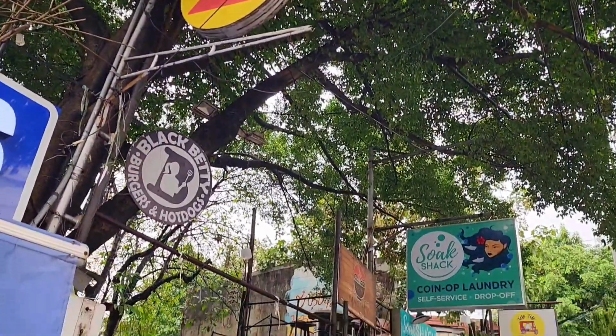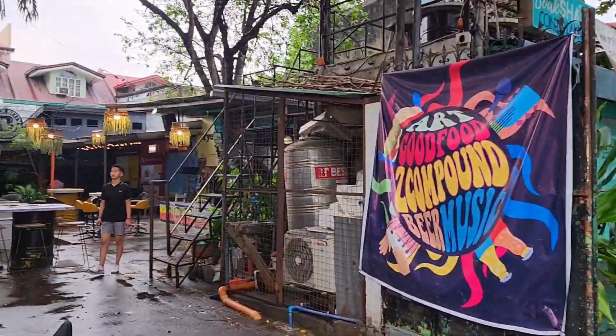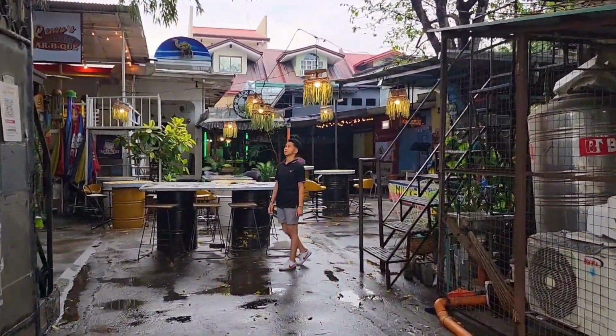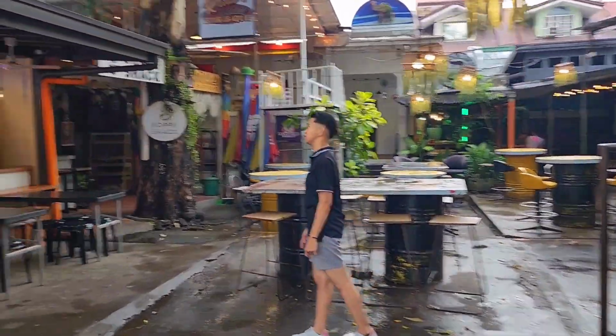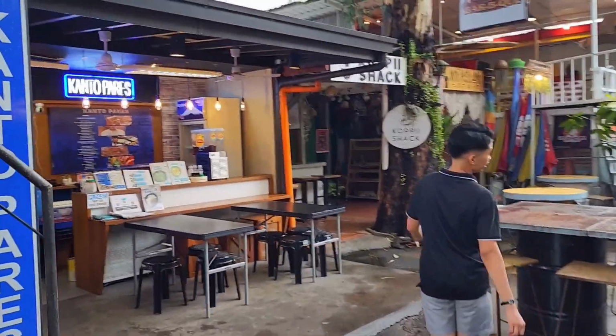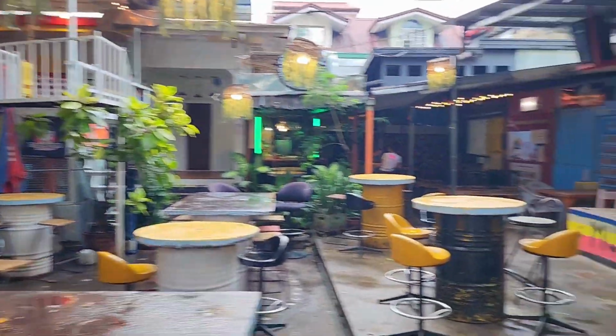This place is called Z Compound. This was one of the original food parks that started in Metro Manila about 10 years ago. It's a long timing, it's 4:30 in the evening, but when you come at night, this place is quite busy. It's got different little shacks here and a few choices to choose from. If you're in this area,